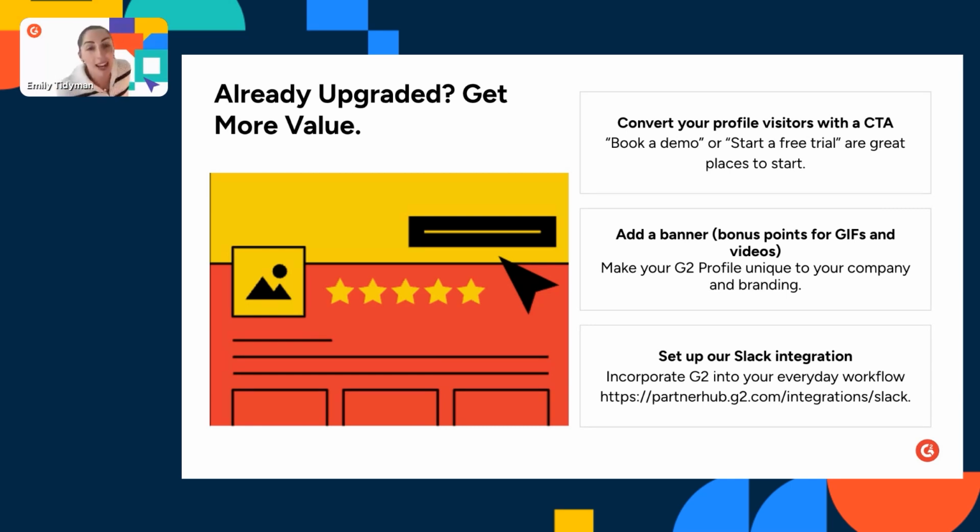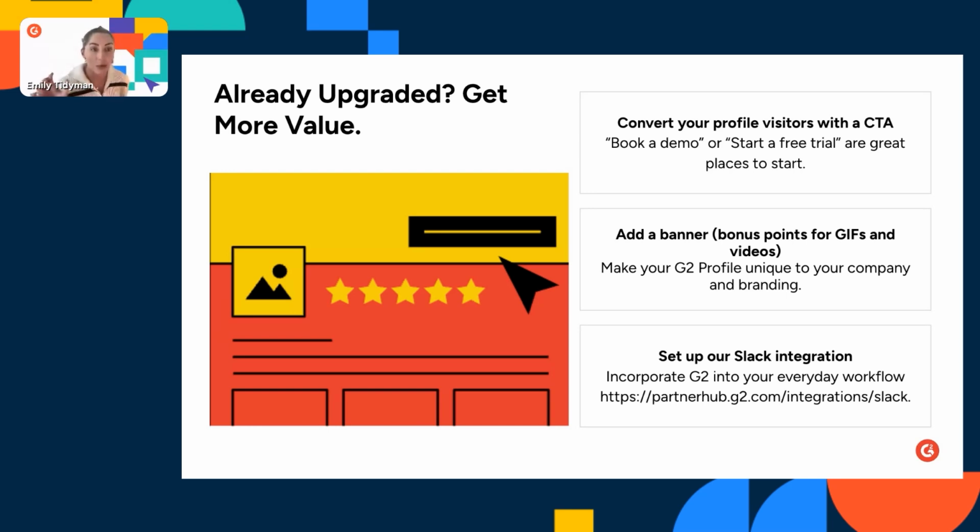Now, for all of my paid folks in the chat, these are some reminders to take advantage of today. If you haven't already, turn on your custom call to action button. I did this with a customer yesterday. They have 5 different profiles. None of them were turned on. And we did it live on the call. I highly recommend getting this feature turned on.